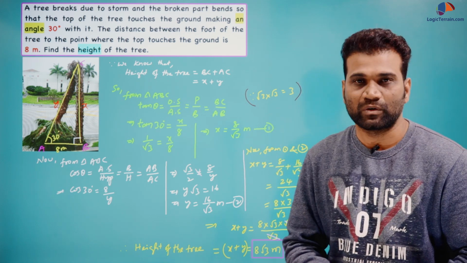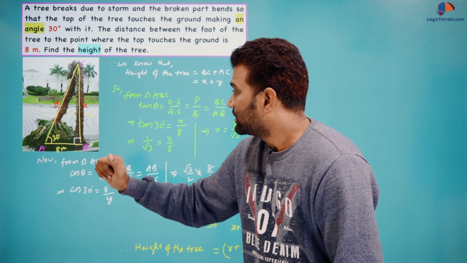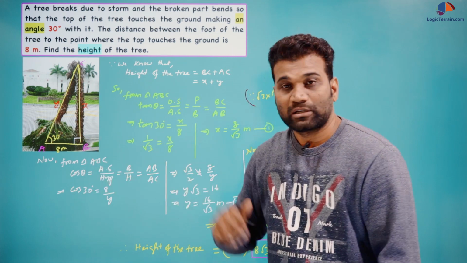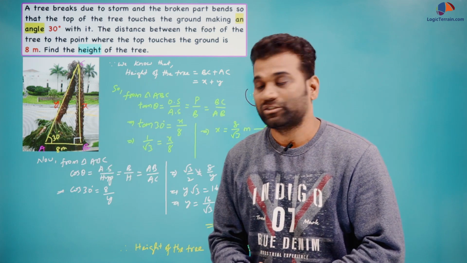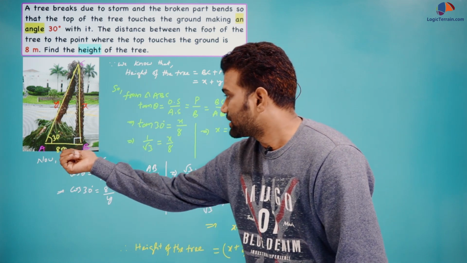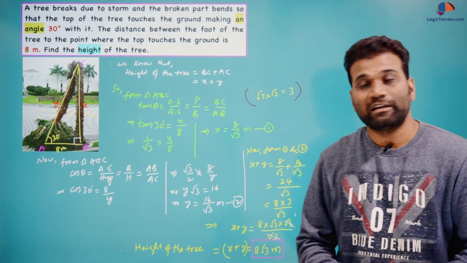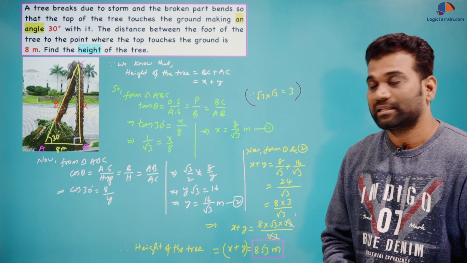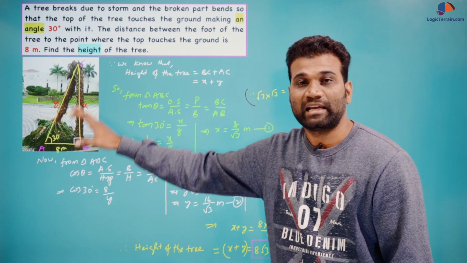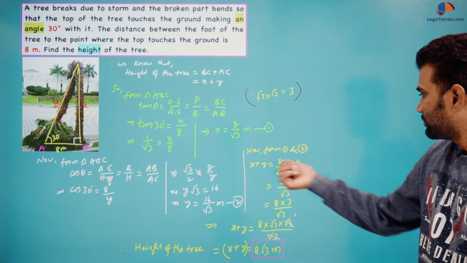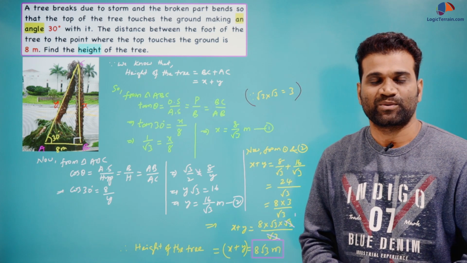Let us take this as number 1. So we have got some part. Now we will find this part. For that we will use cos theta, that is the relation between adjacent side and hypotenuse. So cos 30 degrees equals 8 upon y. Simplifying further, we have got y value, that is 16 upon square root 3 meters. Now from 1 and 2, when you sum up these two, we will get the total height of the tree, right? So we have added, and finally here we have got 8 square root 3 meters, right?